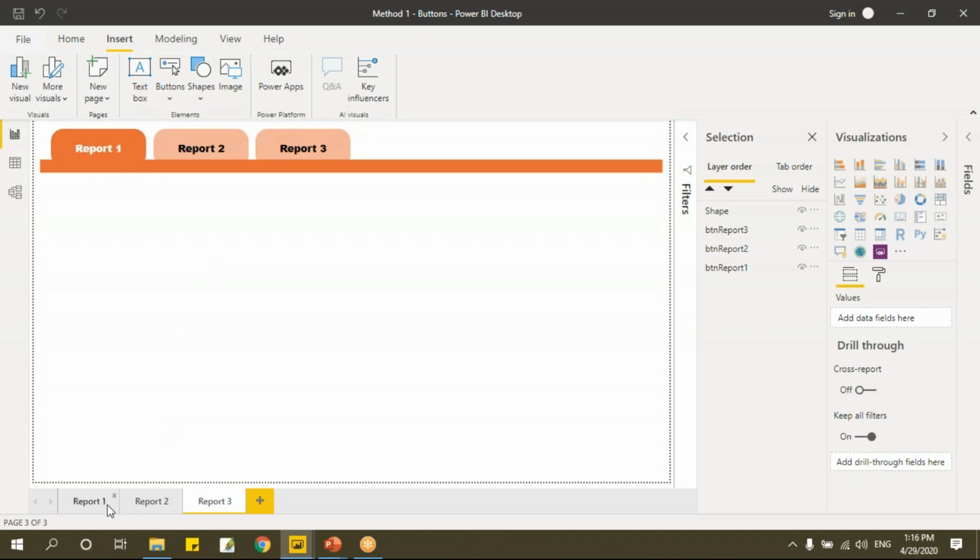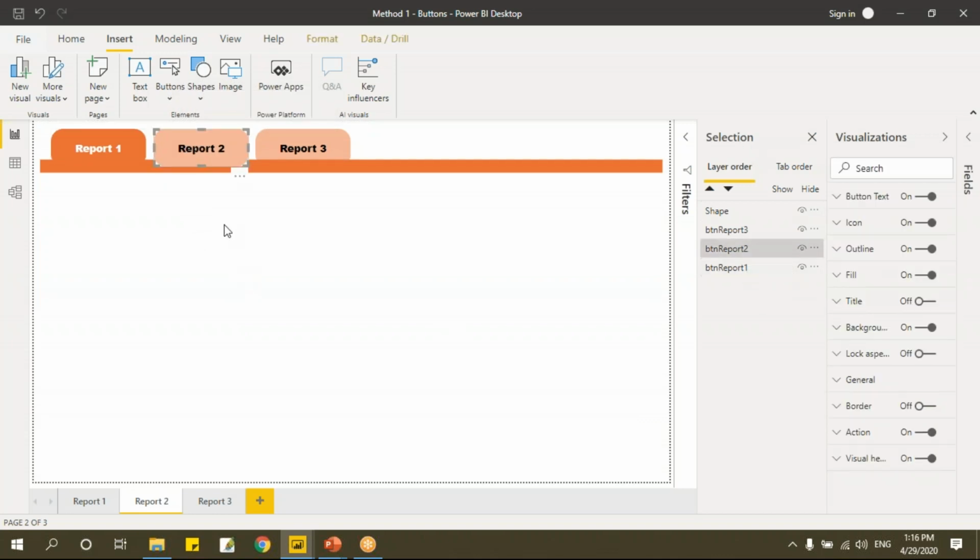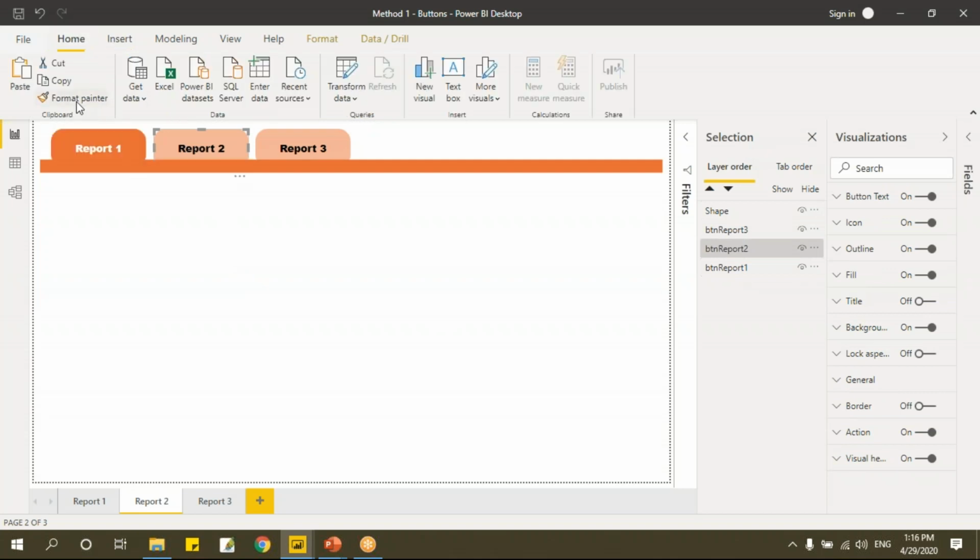Fine. Now if you go here, I'll click on this report 2. We'll go to report 2 sheet. But now this has to be activated. So what will I do for that? Just select this by holding control, or we can go to this selection and select this button. This is selected. You can go here, you can use this format painter, and you can click on this.